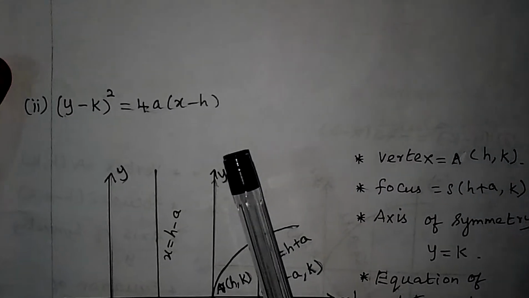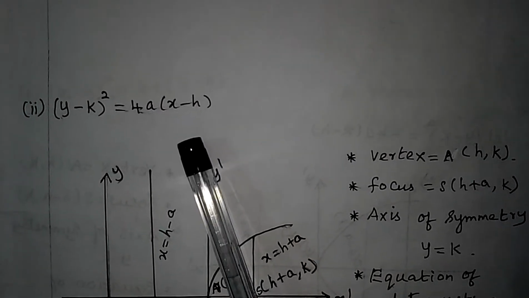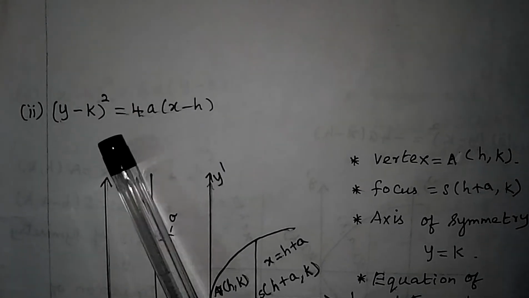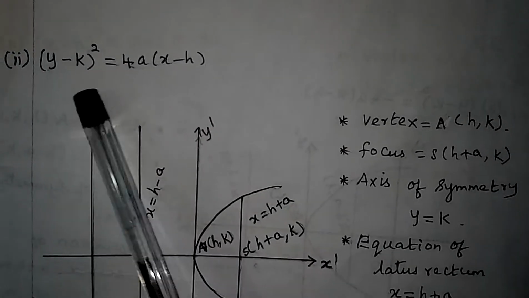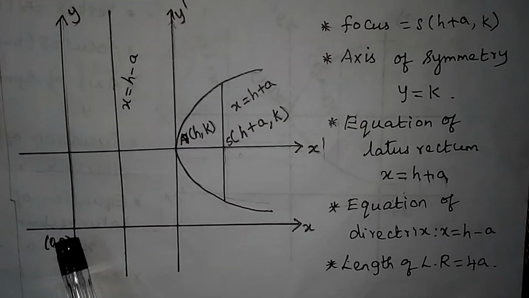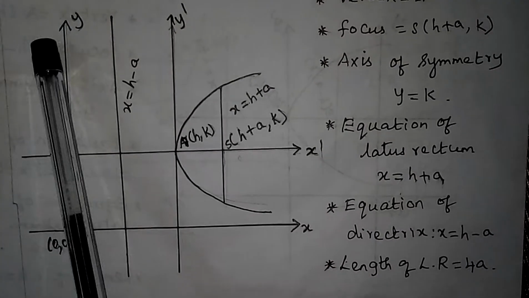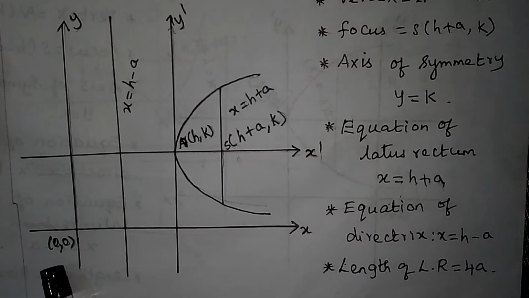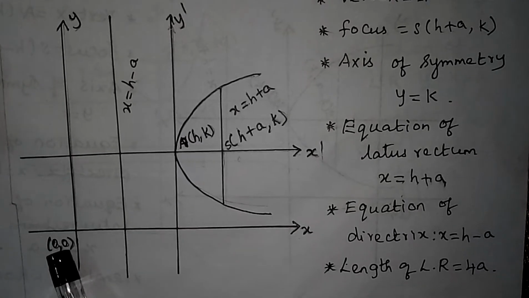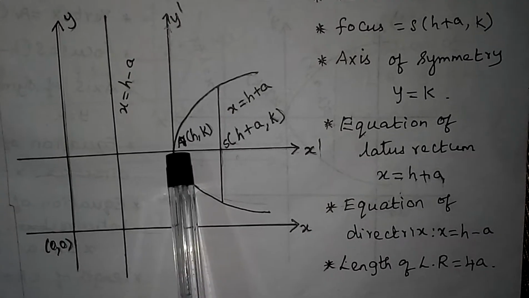Now this first type itself, if the vertex is not origin, how the formula will become, that we are going to see. So the first type, but if the vertex is not origin, it will be like this. How the diagram will come, when we do the sums also it will be clear for you. First you have to take x-axis, y-axis. Now mark the origin. After this we have to take the vertex. Vertex will be some other value, except this origin, any value it can be. So I am marking the vertex here.